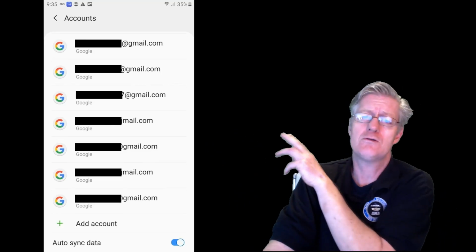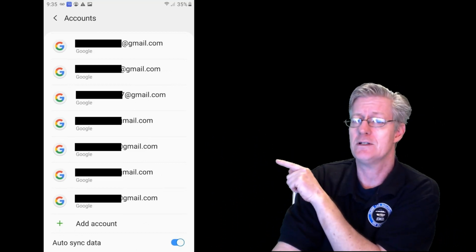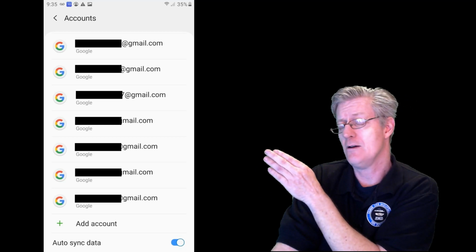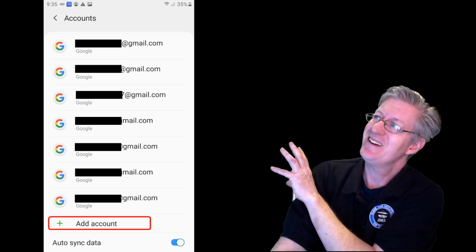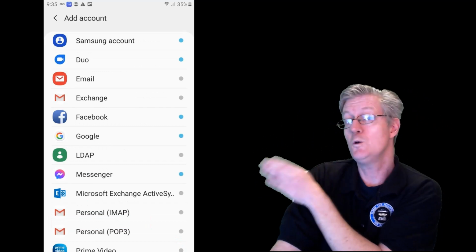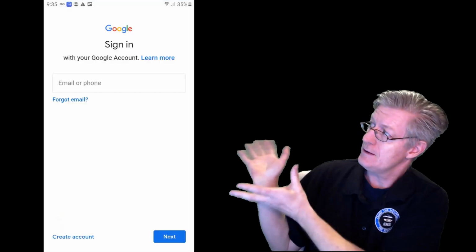What you want to do is scroll down all the way to the bottom where it says add account. Once you tap on add account, you see this screen here. You'll need to go down to where it says Google and tap on Google, and then this screen opens up.